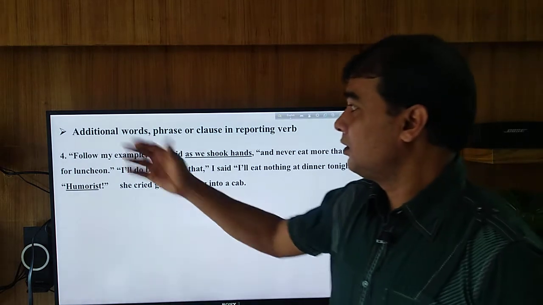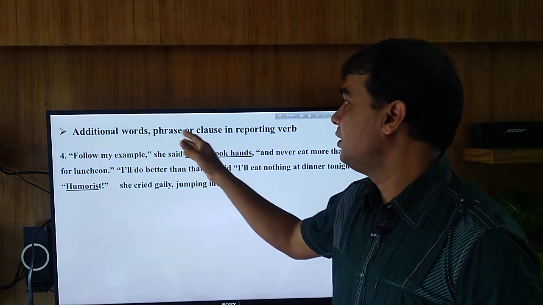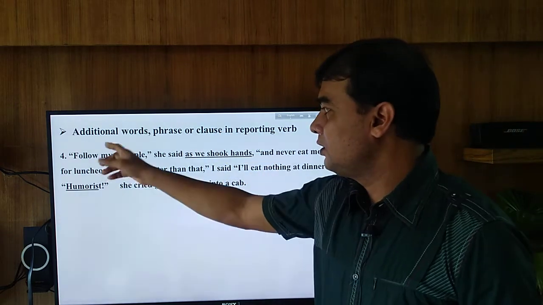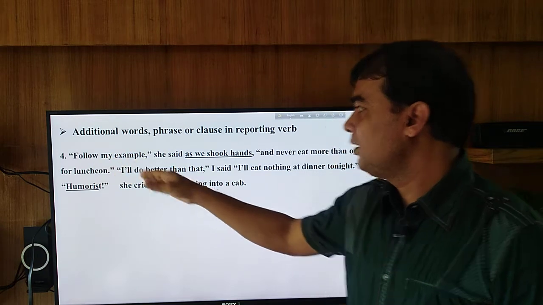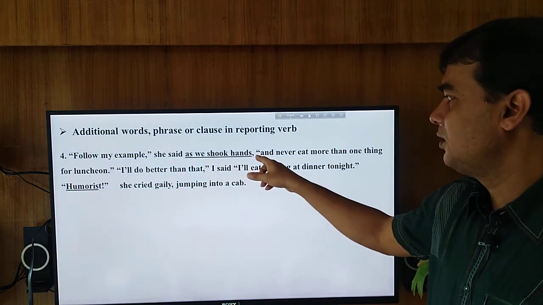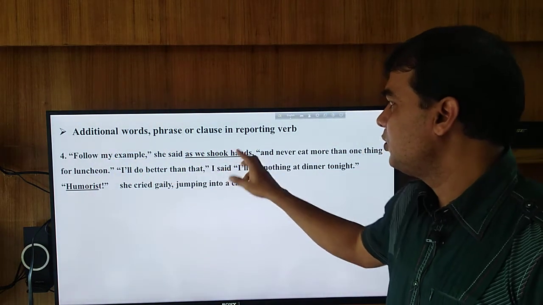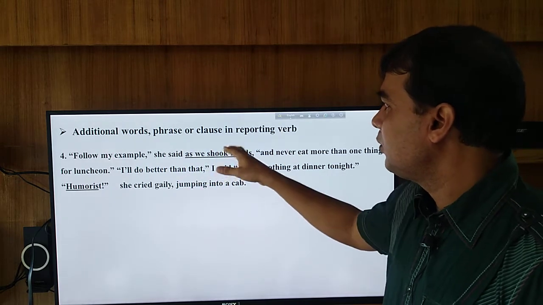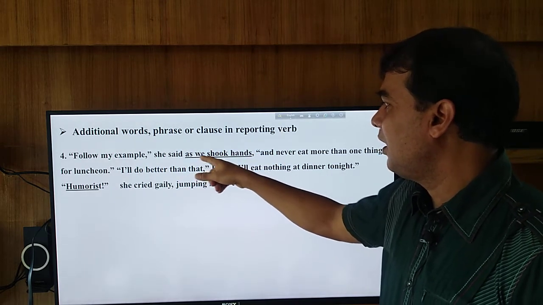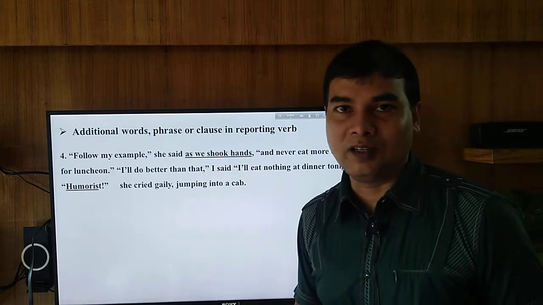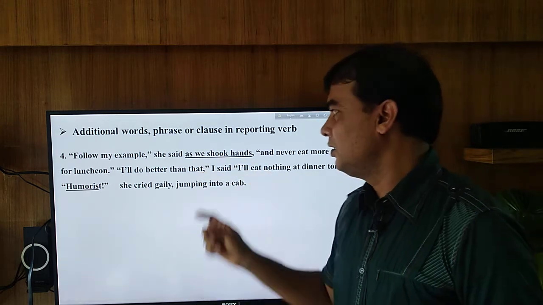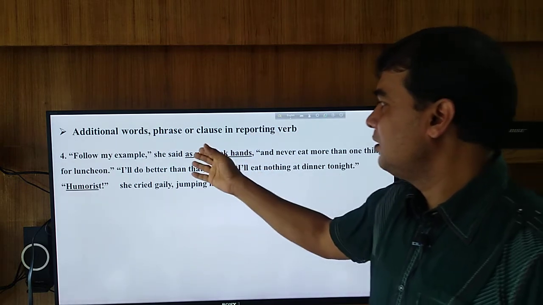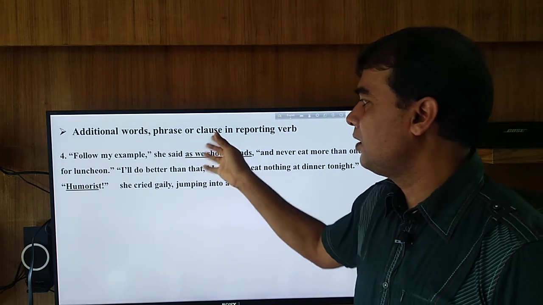Now, another technique: additional words, phrase, or clause in reporting verb. Okay, you see, this is an example. Follow my example. She said as we shook hands. This is the reporting verb, and in this reporting verb, here you find as we shook hands. This is additional words. In that case we have to write these additional words or phrase or clause from